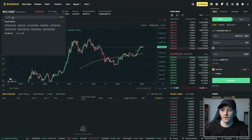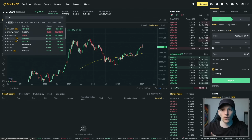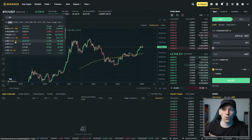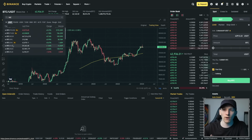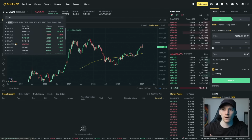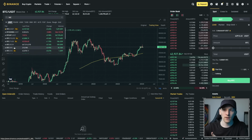So you can see that Bitcoin here trades against USDT, USD, which is another stablecoin, TUSD, which is another stablecoin, Brazilian Real, Euros, Rubles, Turkish Lira, USDC, and a few other fiat currencies right here. There's a lot of trading pairs there that you can use, and it's going to be very useful for a lot of people. On other exchanges, you're not going to have as many trading pairs,